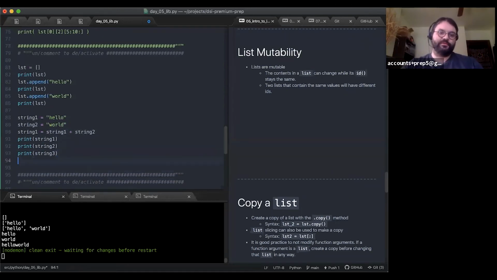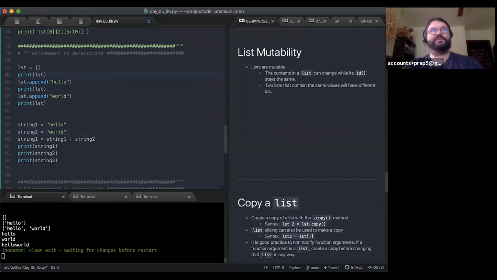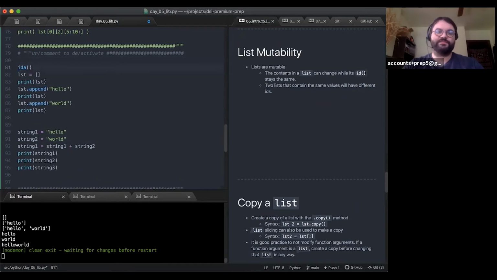So there's another function that I want to talk about, which is the ID function. So let's do this. So ID, so what ID does is it takes in an object and it returns the ID given to it by the system.